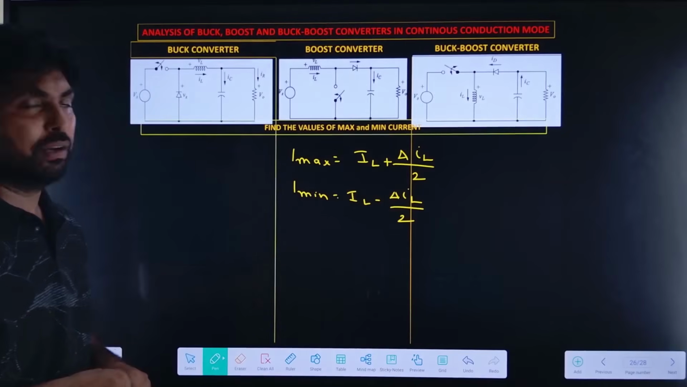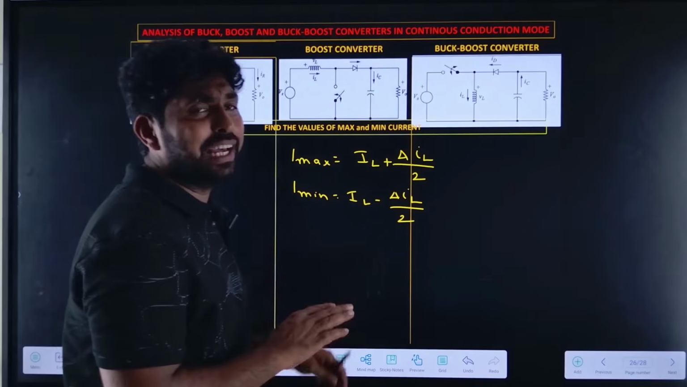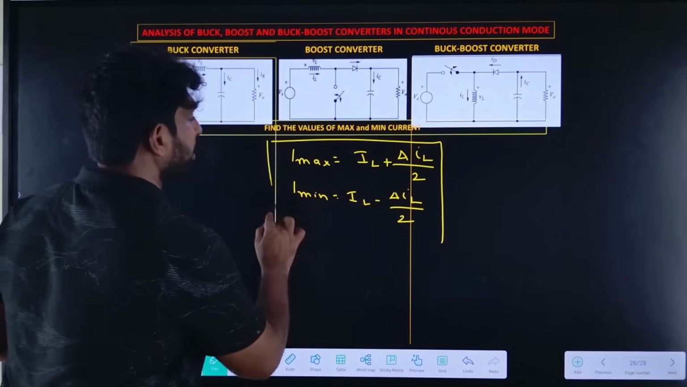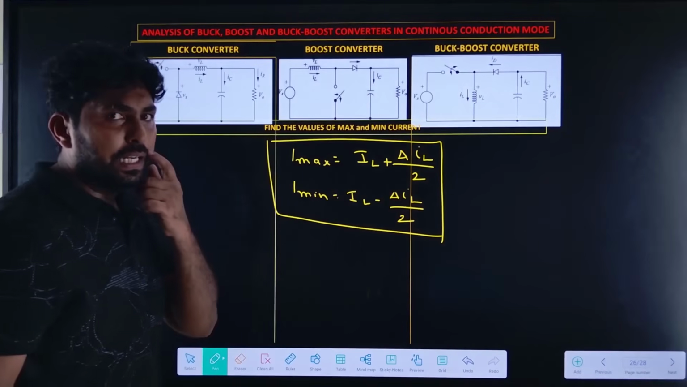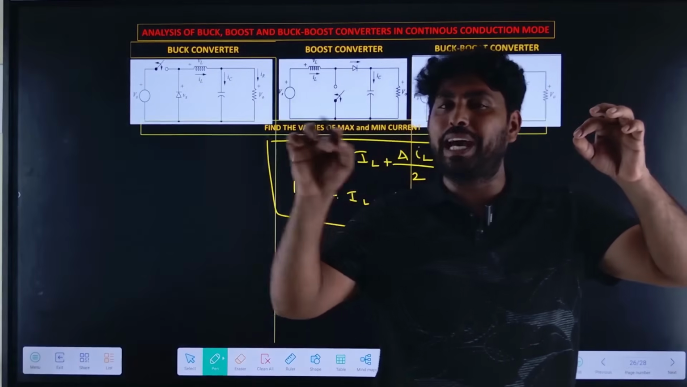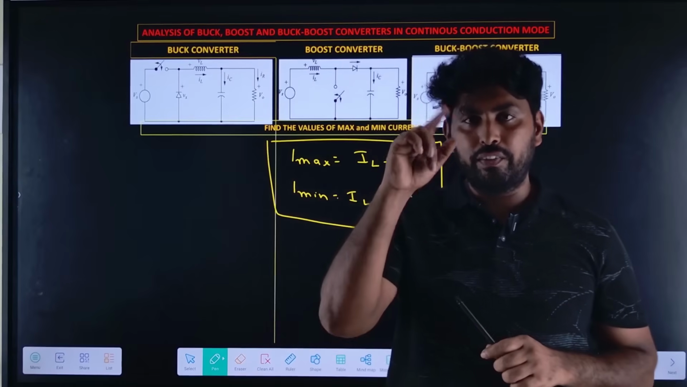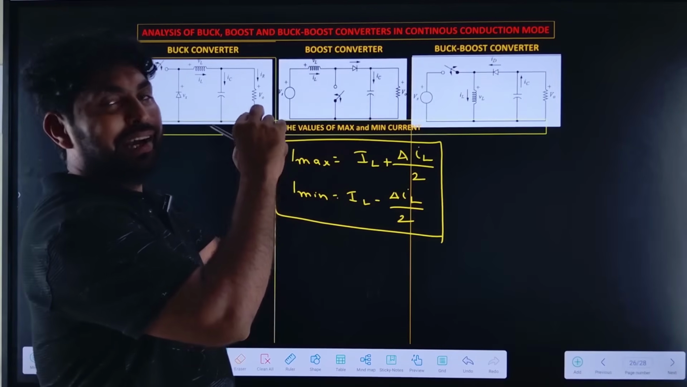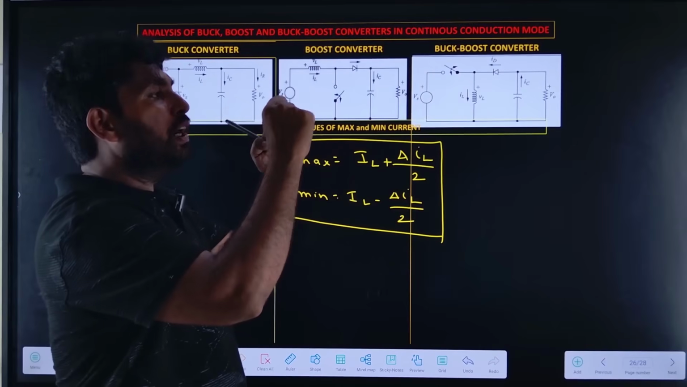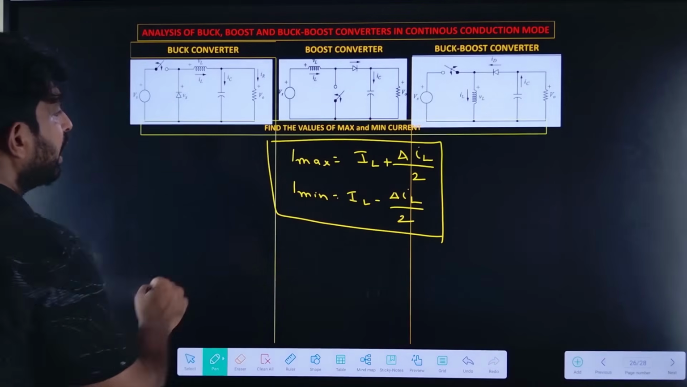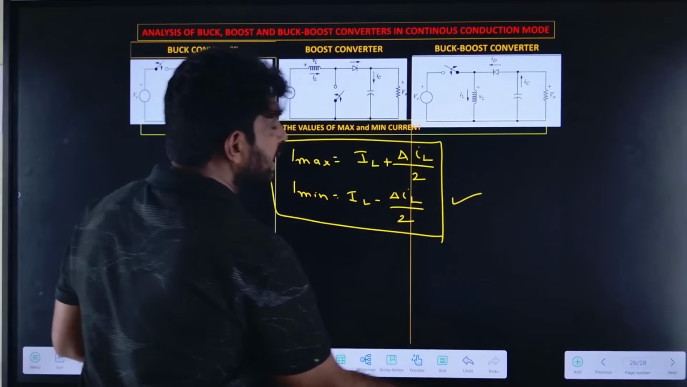IL minus delta IL by 2. So from the IL waveform we can find IL, I max and I minimum. If you know the inductor waveform, from that you can find the maximum value. IL will be the average value in between the waveform. So if you want to find the maximum value, it will be IL plus delta IL by 2. IL minus delta IL by 2 is the I minimum. So now, by using this expression, I can find